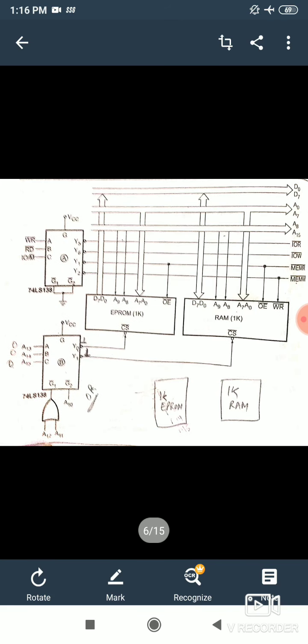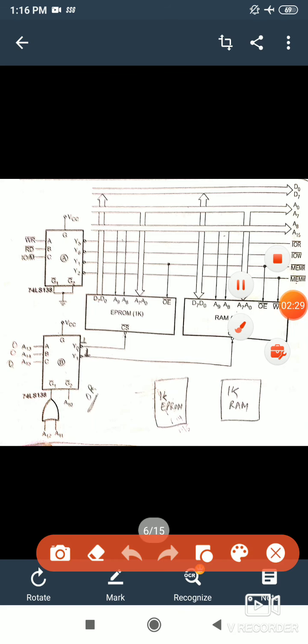Now for the chip select, if you see in this diagram, we have a chip select logic, this one and this one. Two lines are given as chip select logic, and this chip select logic is active low. That means whenever 0 is given to this line, this chip will be activated. This is basically an enable signal for ROM and RAM. At a time only ROM or RAM can be activated, not both at the same time. One of the two is activated at a time.